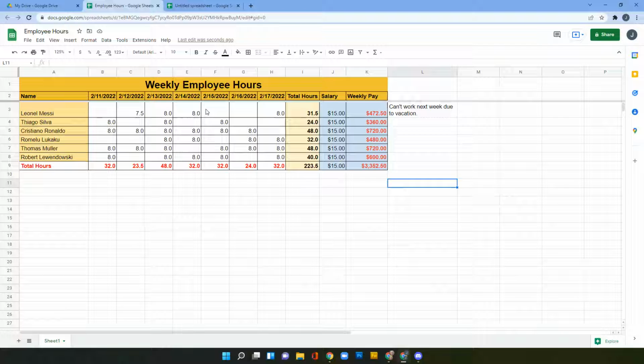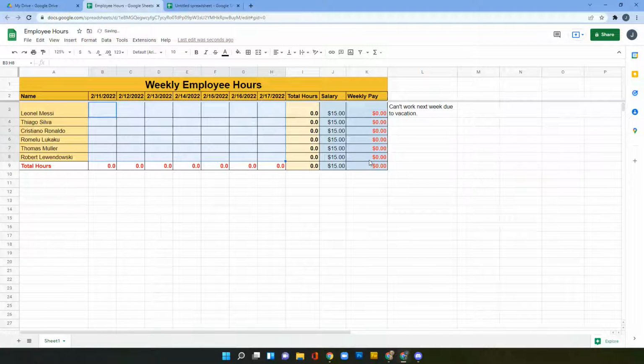And the beauty of this is that I could take for next week and I can just delete all these hours and put them in as we go, and it'll add them up, no problem. All this data can change and we'll be right back ready to roll. So if I delete all this, everything goes to zero because there's nothing to add up. There's nothing to multiply anymore. I'll undo that though, because we want to have this document work out exactly like we're looking at,